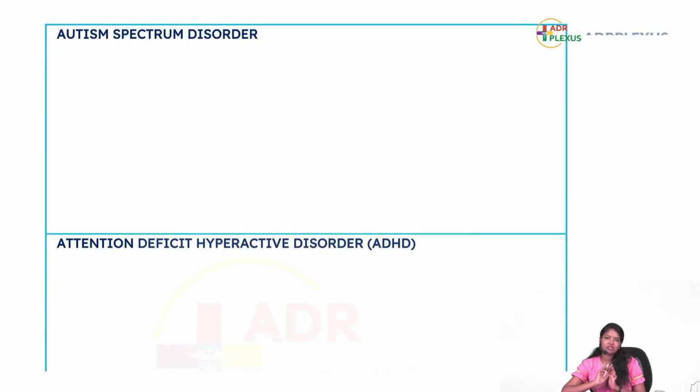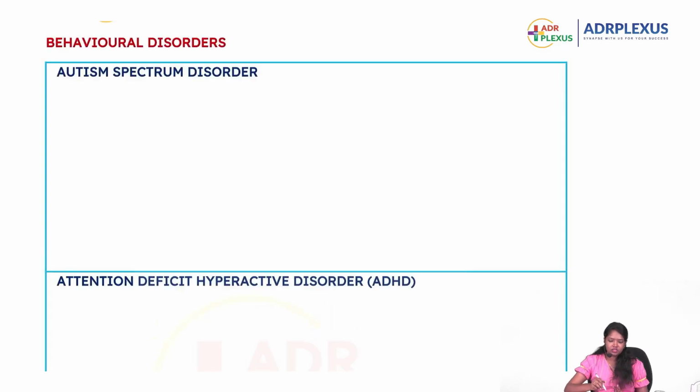The next one we are going to see is behavioral disorders. Very simple, only 2 to 3 words we are going to see in this. This is integrated with psychiatry as well. Psychiatry ma'am will also teach you about ASD, ADHD and all. From the pediatric point of view, I'm going to teach what the disorder is, how to identify it, and what to do. That's all. Okay, so autism. What is autism? Autism means